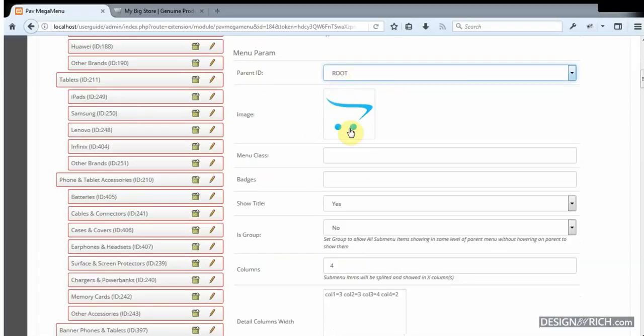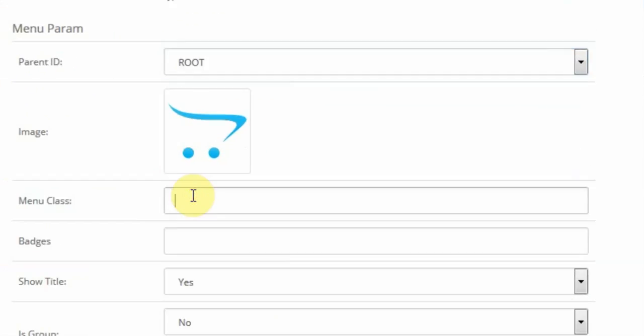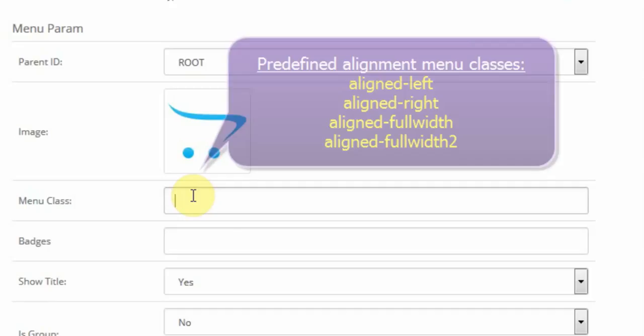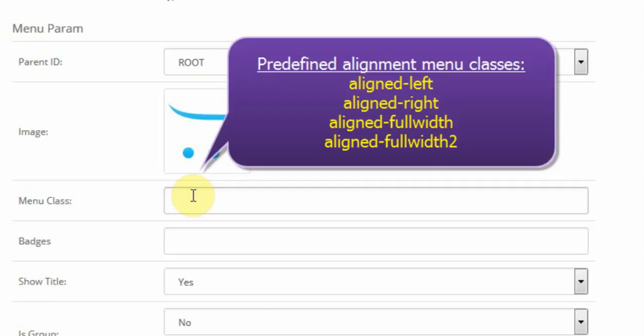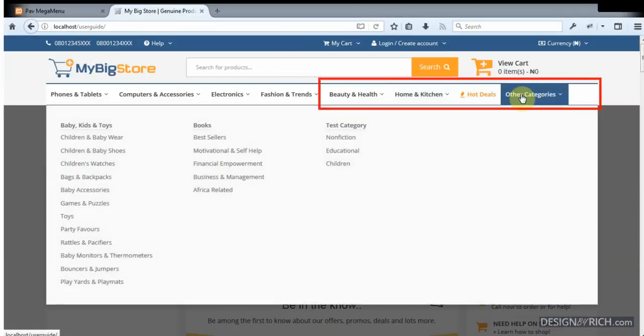If you want to have a root category, then under image, you don't need to bother yourself about this. Then menu class. You can put any class you have defined, but there are predefined classes that help you to style your menu and align your menu. You have the align right. For example, if you have your menu towards the right side of your